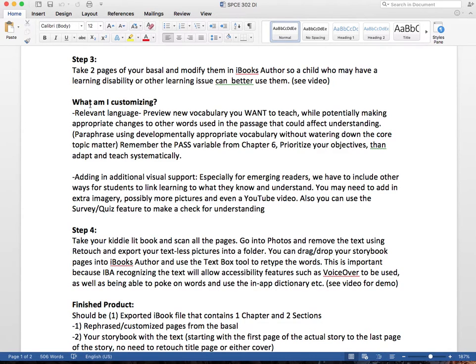So that kind of goes into part two. You're going to take the rephrased meat and potatoes from the content of the subject from those 2 pages in the basal textbook, and you're going to make a little mini book of your own. And it's not going to be pared down. We're not just going to learn half the section, because that's not a realistic thing